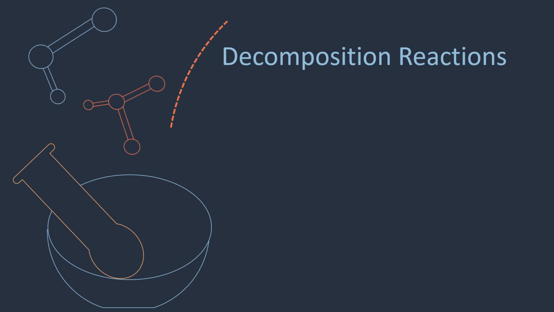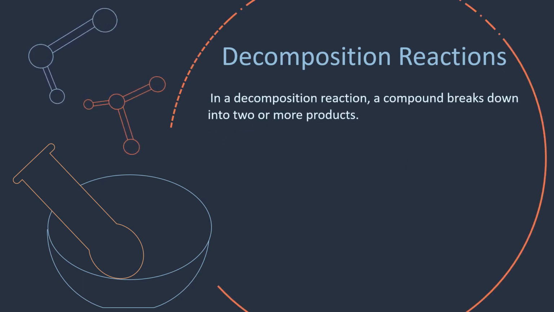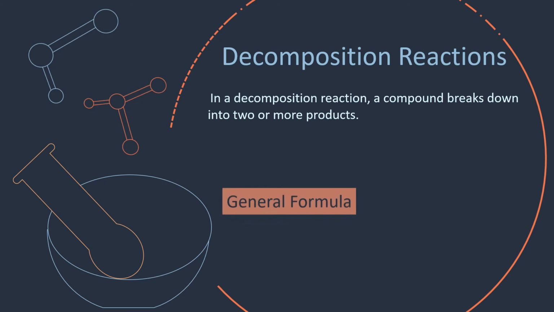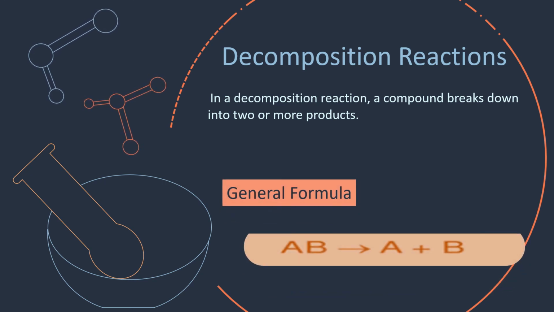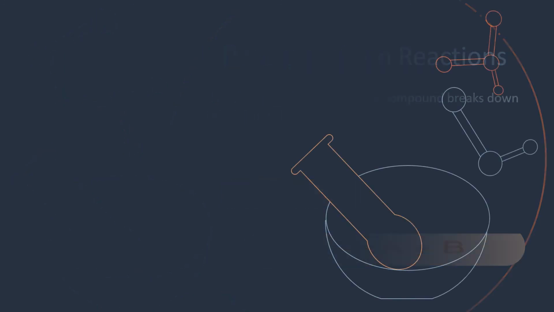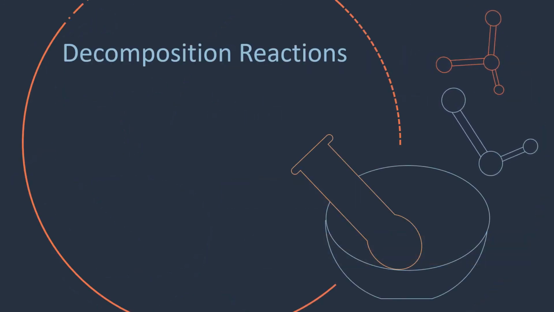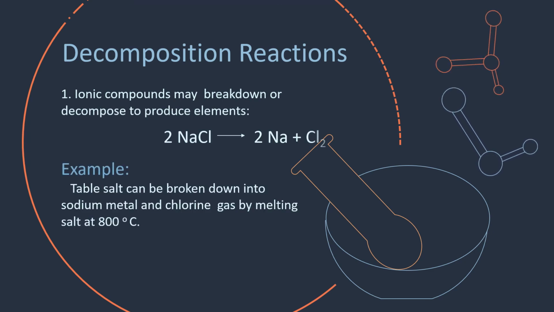The next type of reaction is the decomposition reaction. In this reaction, a compound is broken down into 2 or more products. So the general formula, AB producing A plus B. In decomposition reactions, ionic compounds may break down or decompose to produce elements, just